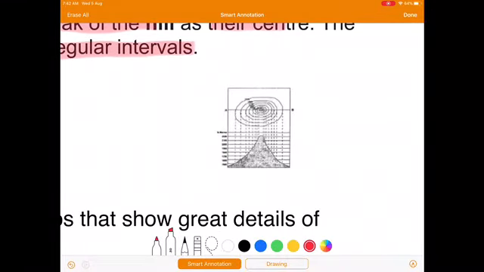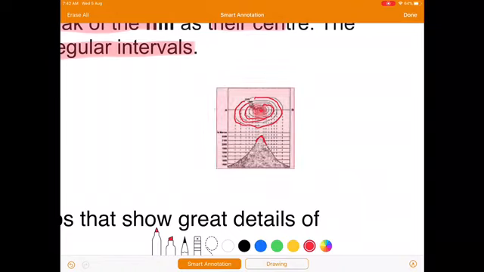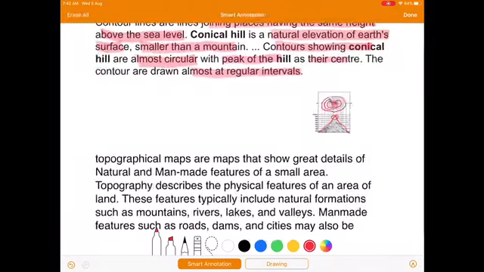See children, in this figure you can see the contour lines are circular, almost circular, right, and a peak is formed in between, that you can see with the cross section also, a peak is there. So, this gives us indication when the contour lines are almost circular and they are equispaced and the distance is also equal, difference is also equal between them, and the cross section is made and a peak is made from the top. This will give you indication that it is a conical hill.